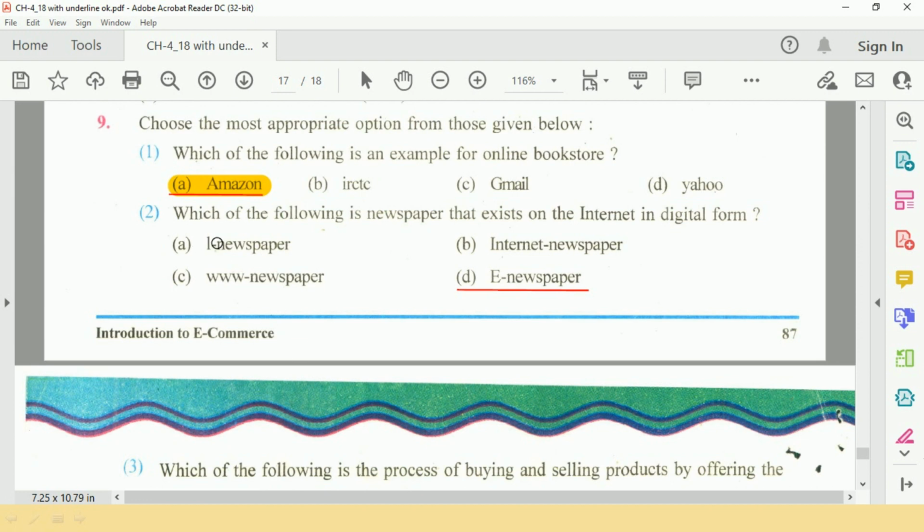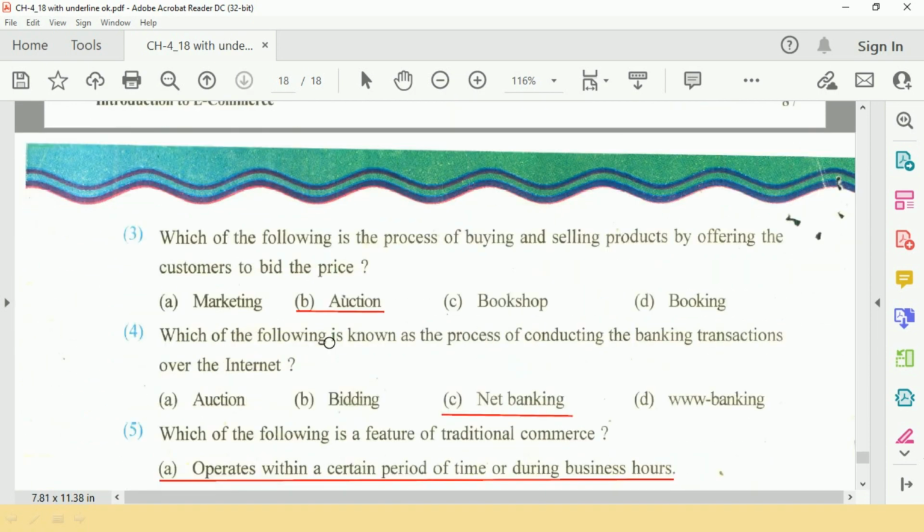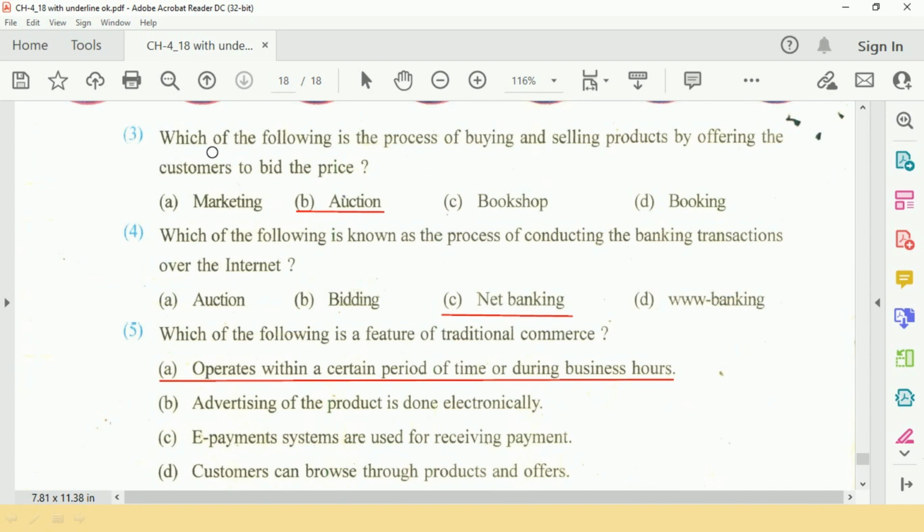Question number 2 is, which of the following is a newspaper that exists on the internet in digital form? Option D, e-newspaper. Question number 3 is, which of the following is the process of buying and selling products by offering the customers to bid the price? Option B, auction.